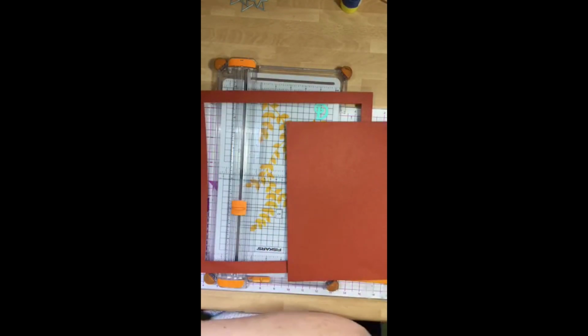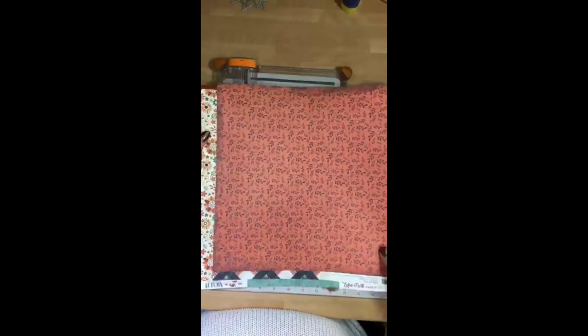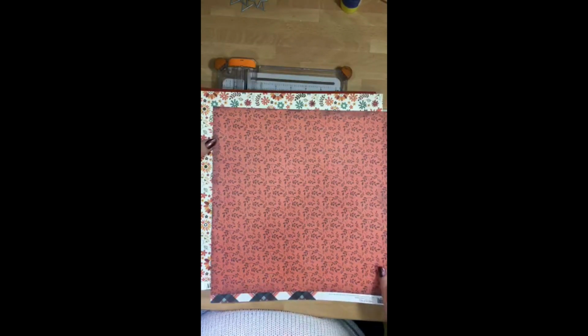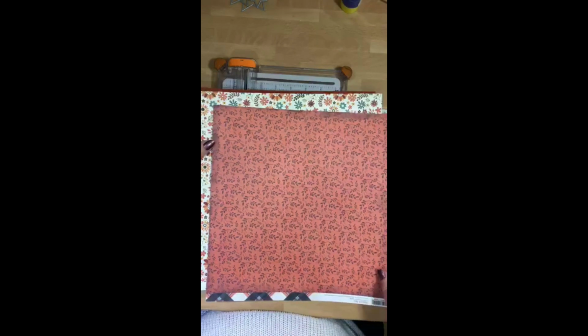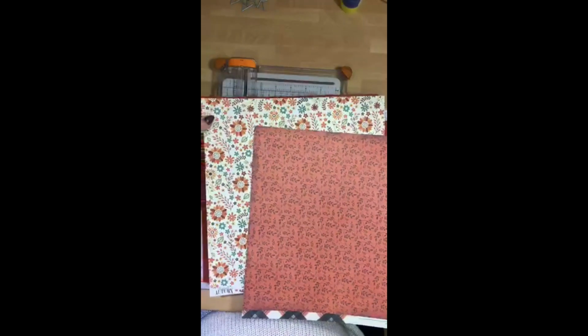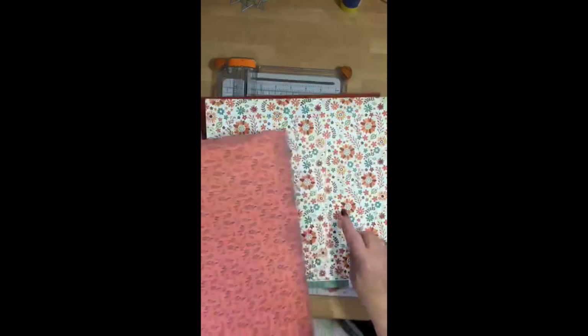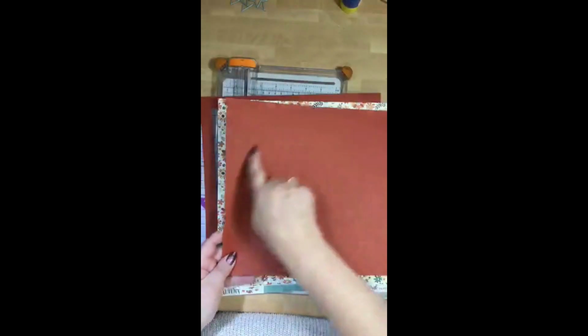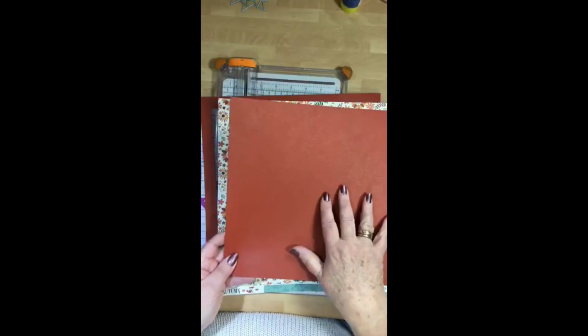So you've got that and that. Now with your pattern paper, you need to decide which one you want to have at the back and which one you want to have at the front. I'm going to go with the brighter one at the back. I'm using double-sided here. Okay, so put this piece you've gutted out to one side because we're going to use that to mat and layer our...